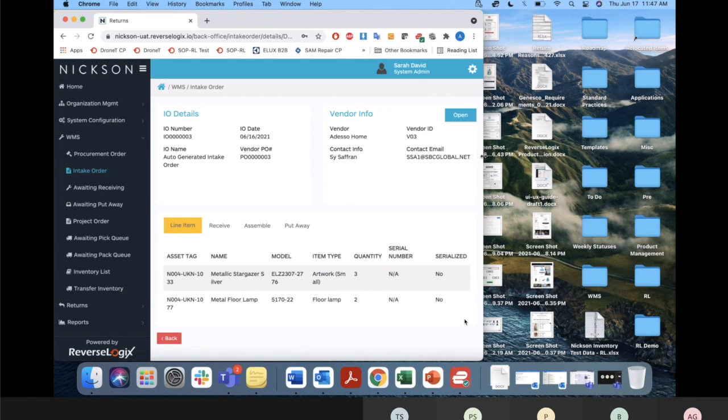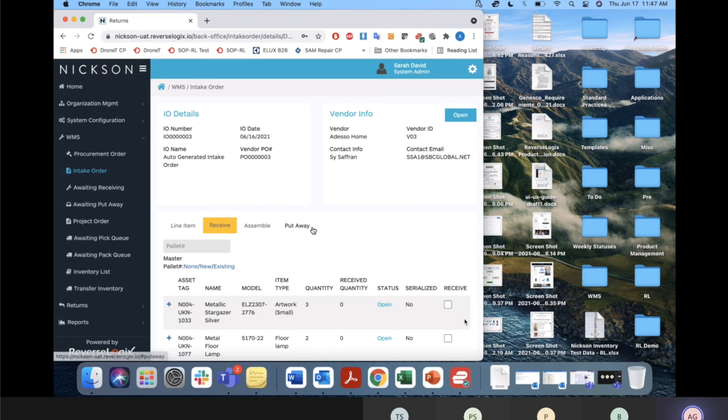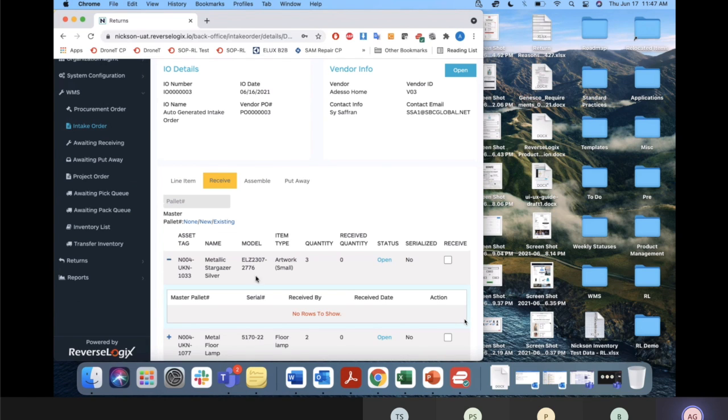All right, so I'm going to go to receive. Receive basically works the same way as the receiving we did before. So if I click on this plus, as and when I start receiving these items, those would populate here. So first thing, whether I'm using a pallet or not. In this case, if I say none, I click on receive. I basically say I'm not using a particular pallet, and I enter the quantity that I'm receiving, right? Since these